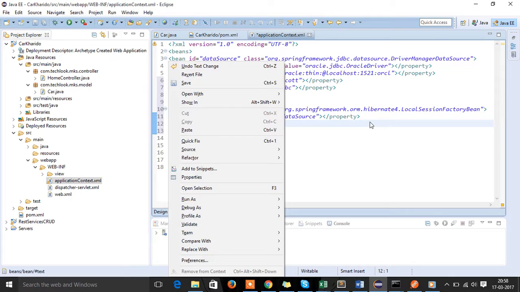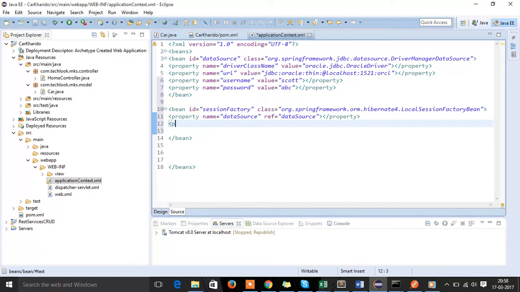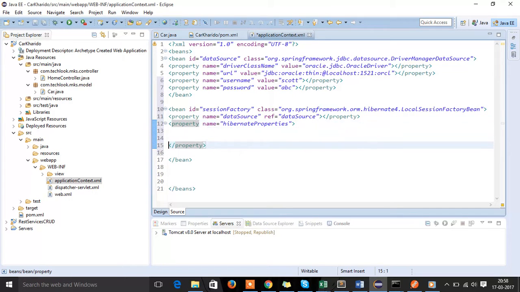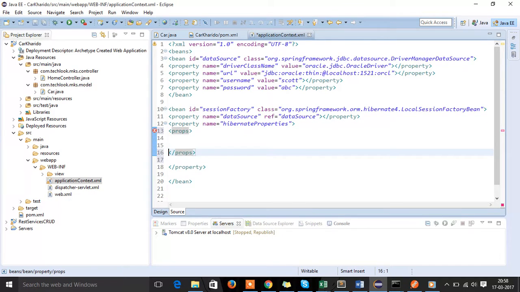After that, we have one more property which needs to be defined, which is hibernateProperties, and for this we need to specify props, and within props we need to have prop,